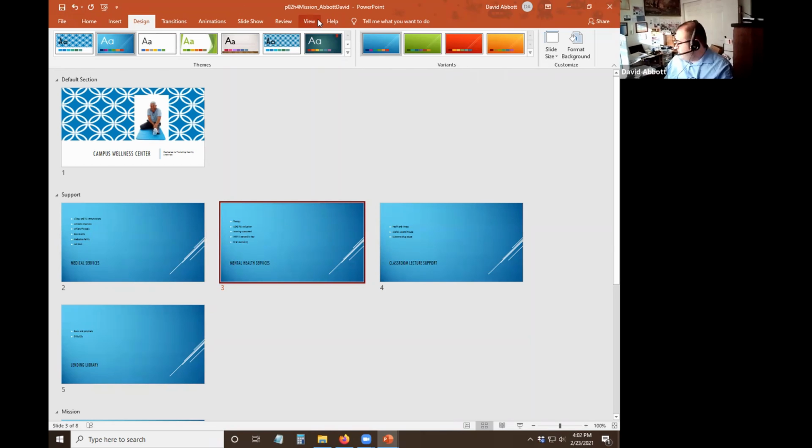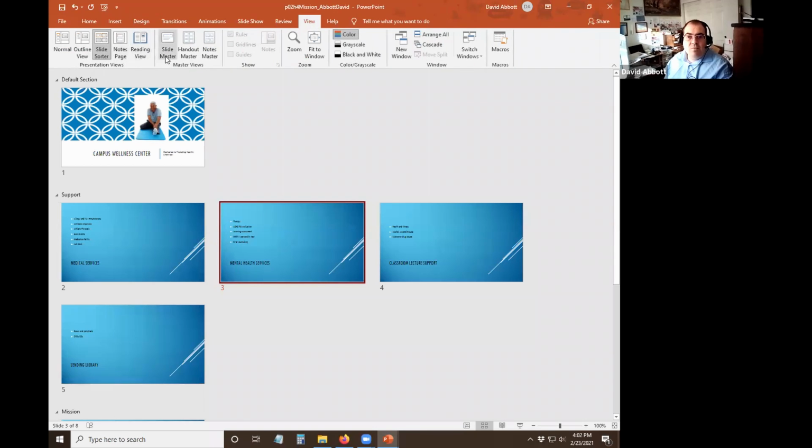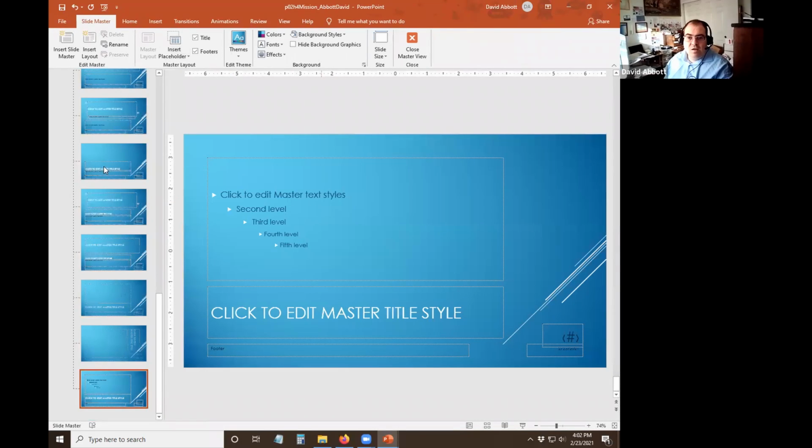And this time, finally on step 4, we're going to modify the slide master. So you want to add the Wellness Education Center's logo to slides 2 through 7 using a slide master. That way it's in the same place and really easy. So we'll go up here to view, and under master views, we want the slide master. So that takes us